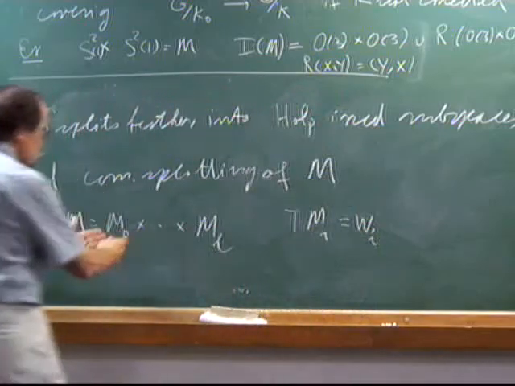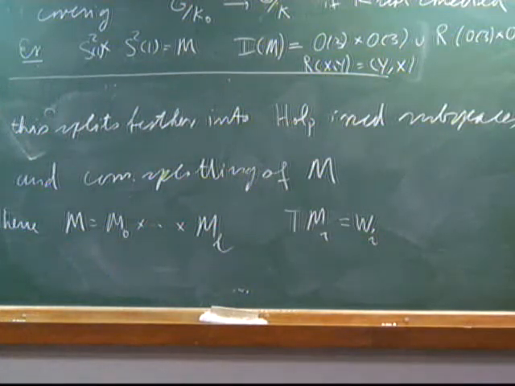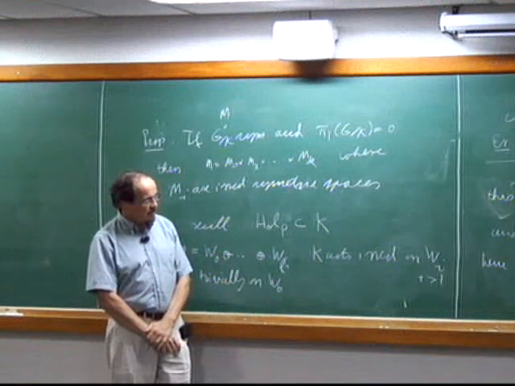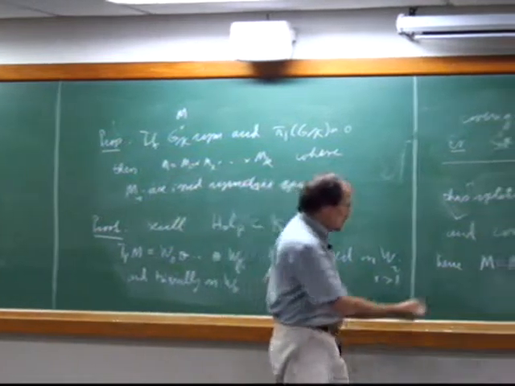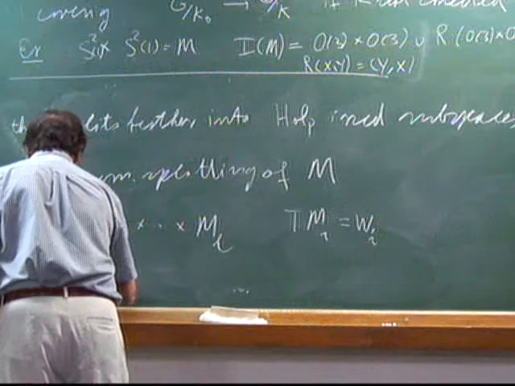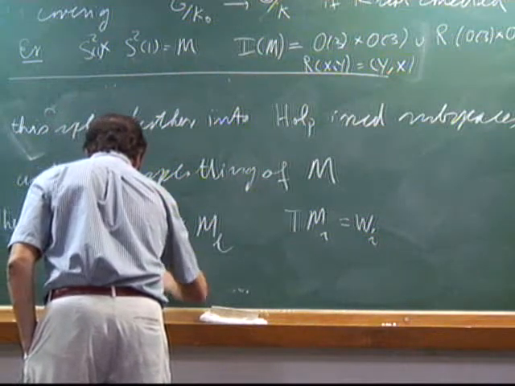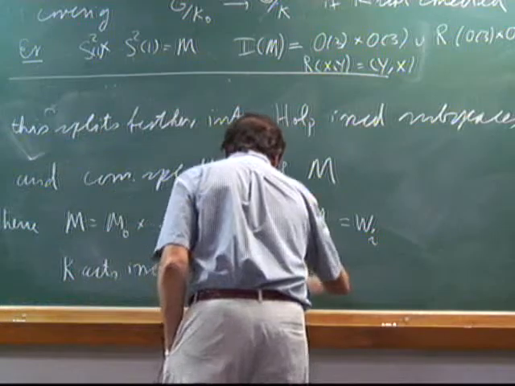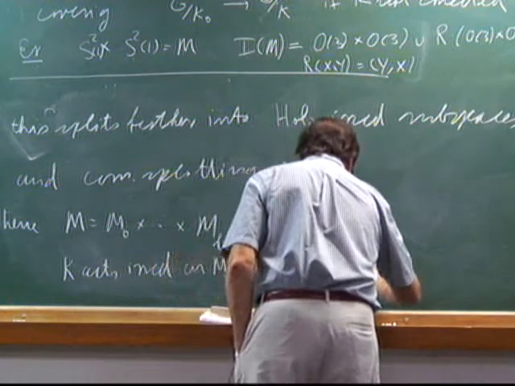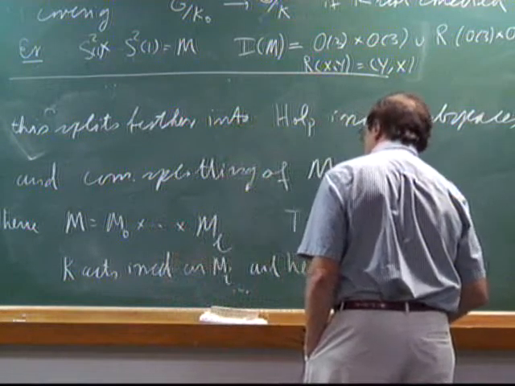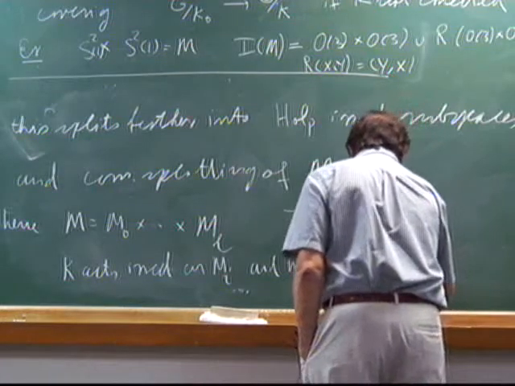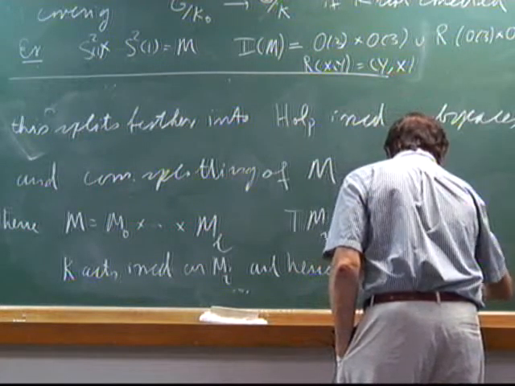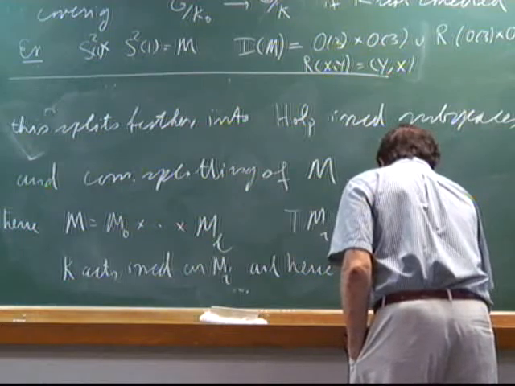So one of these M's may not be indecomposable as a manifold, because it might be a product under this possibly smaller group, but I collect them, I put them together. Right? And now, of course, by definition, the group K acts irreducibly on the M_i, and hence the M_i are irreducible symmetric spaces,